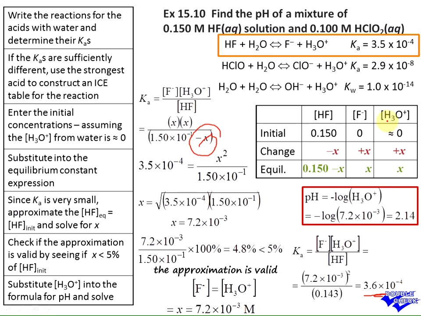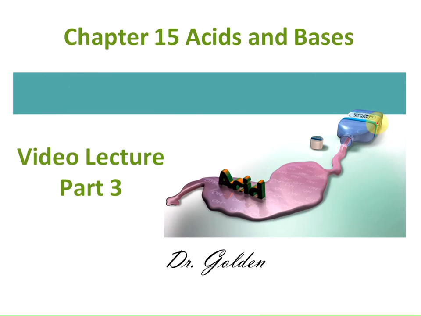There's another video for part 3 for acids and bases. So that's what we've done here. We have a weak acid, if 100% ionization of it. Generally, we can ignore the contrast